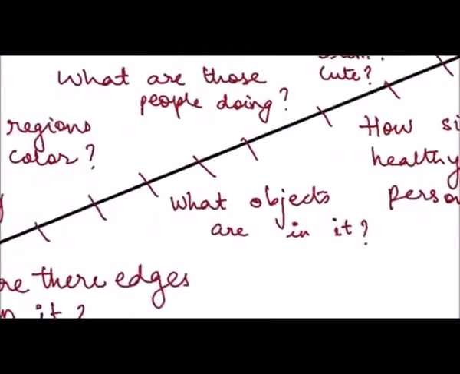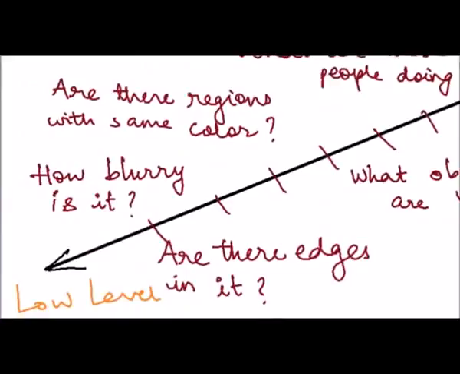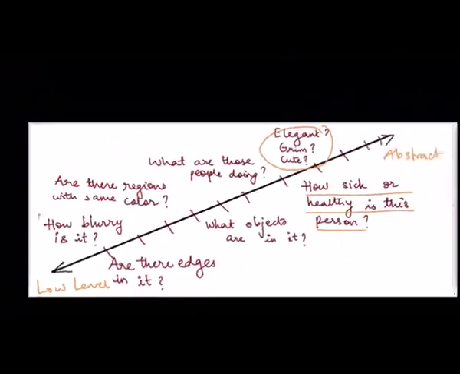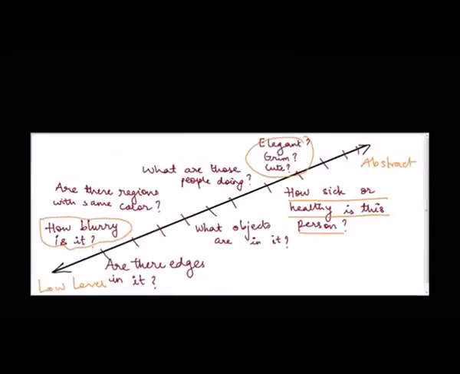Now, some of the basic thoughts would be like, how blurry is it? Are there any edges in it? Are there regions that are all the same color or texture? These are the basic things that come first. When you go higher and higher up the ladder, you would come to more abstract notions, and that is what we want to reach. In summary, image processing is an intelligent and concise description of images. Our next video will cover more